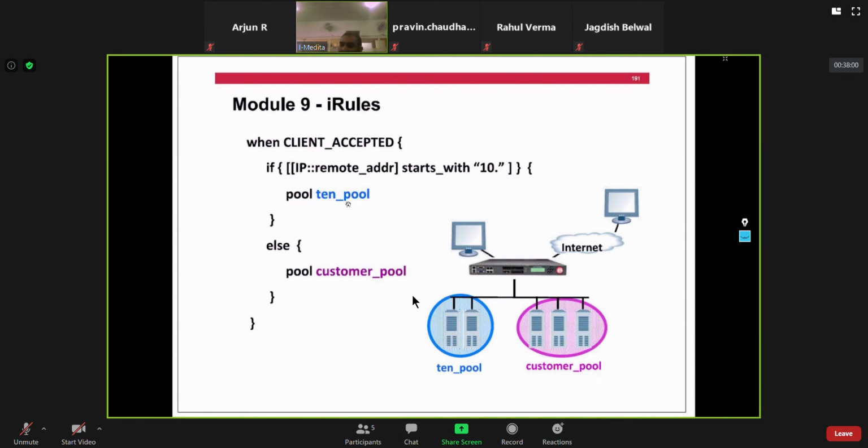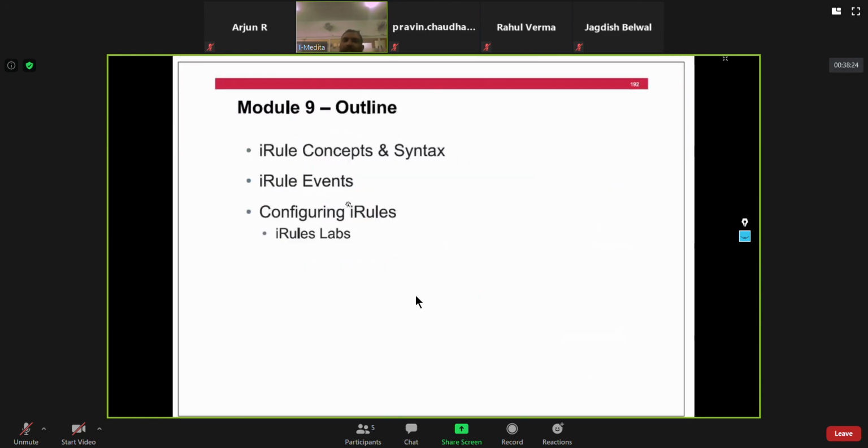If I'm getting logs, that means your client is speaking the truth, because the client said, I'm not able to access this application, and everything is okay from my side. So it will really help you during troubleshooting as well. This is one example of how you can leverage iRules to fix your issues, right, guys? So that's how you're going to start with iRules.